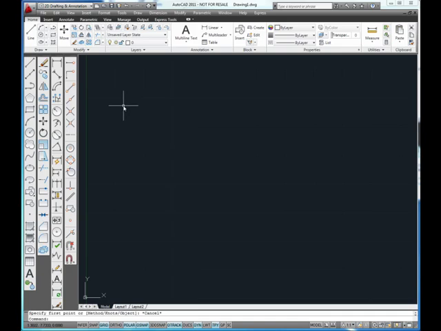If you prefer toolbars, the Spline Command can be found on the Draw toolbar. About halfway down, you see the icon. Click on it, and I've started the Spline Command. You can also use the pull down. Go to the Draw pull down,